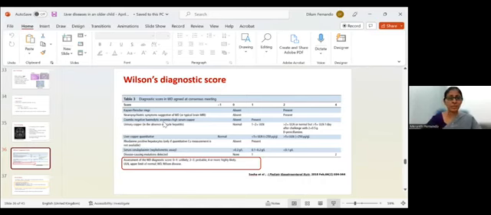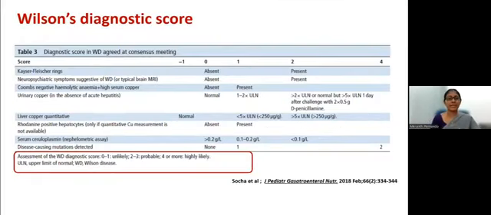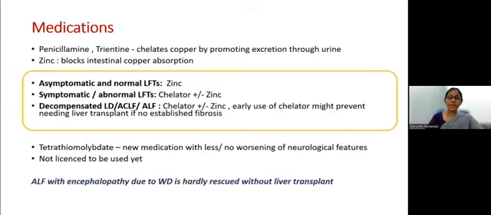Wilson's diagnostic score, you can see that a lot of features like clinical features, laboratory markers, and the genetics and the histological findings all are incorporated in this diagnostic score. However, if you have a score of 4 or more, it says highly likely, but the confirmation would be with genetics. Medications wise, the standard treatment would be the copper chelators,